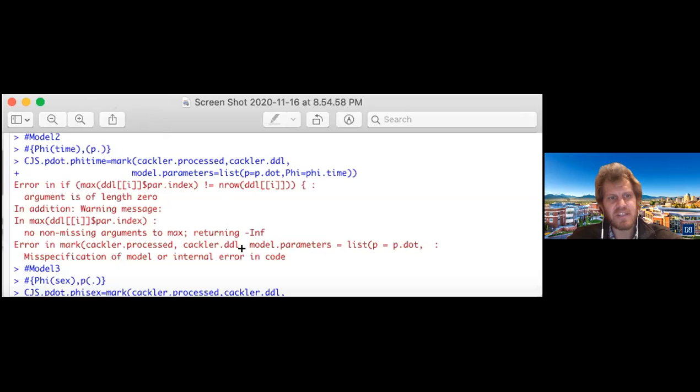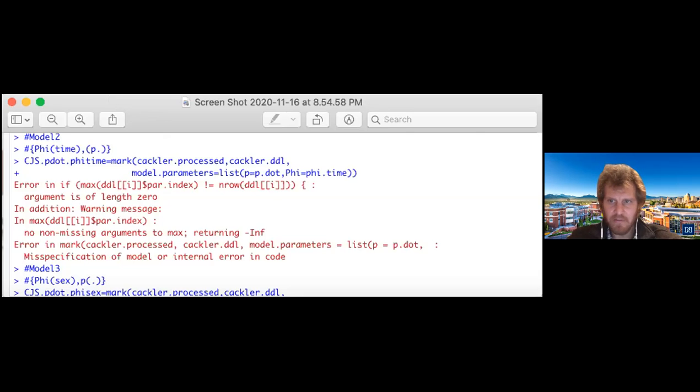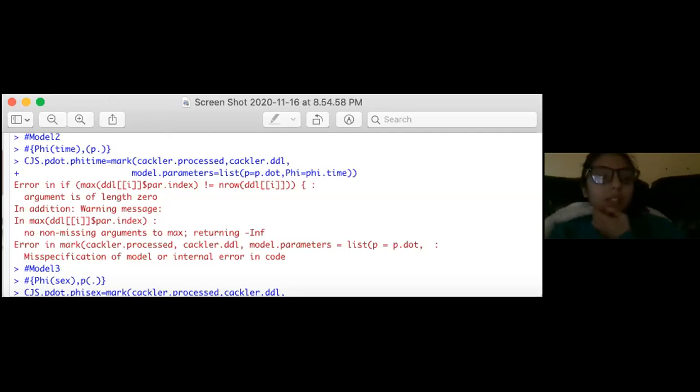Yeah, it says misspecification of model. And that's because when you specified your model, you didn't have that tilde in there. Okay? Yeah. So that basically resolves all of your issues. Yeah, everything started running fine. Okay. Yeah, I think that was the only problem I was having. But yeah, I don't know why. But like I said in the email, this is another